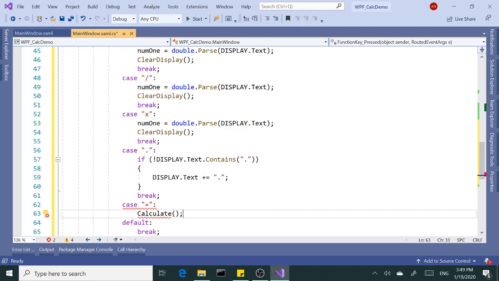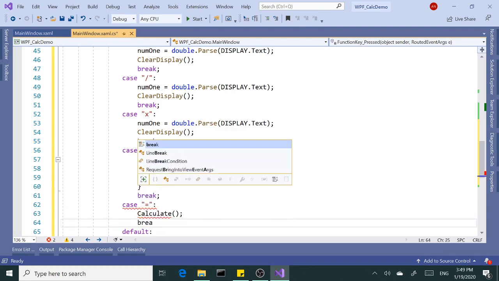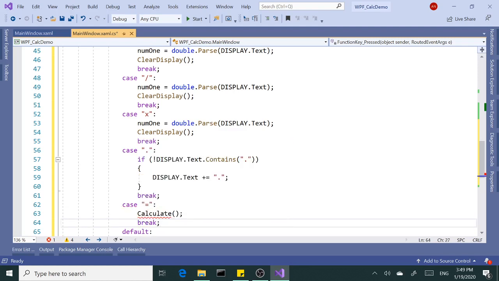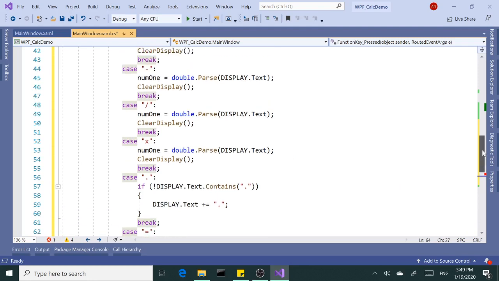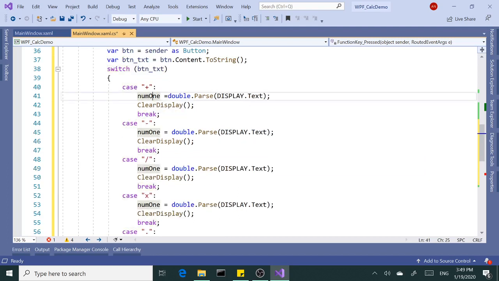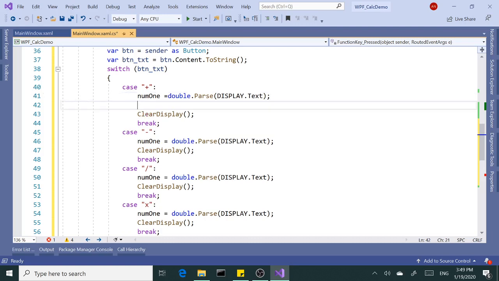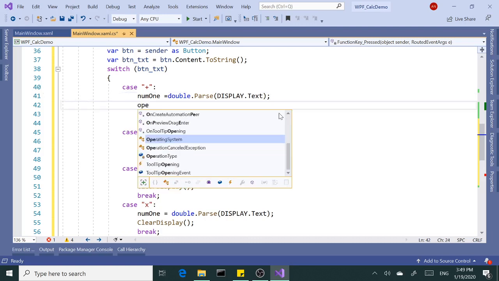We don't have this yet, so it's going to give us an error for now. That's fine. I think we forgot something here. Number one, okay, we forgot to set the operation type. So after saving the value in our variable, we want to set the operation type